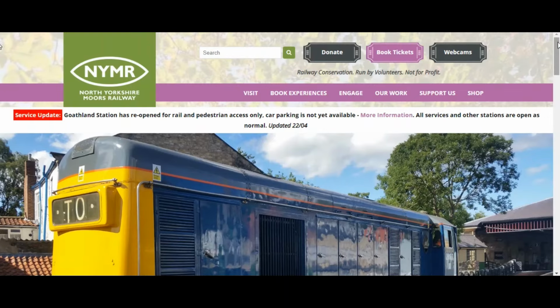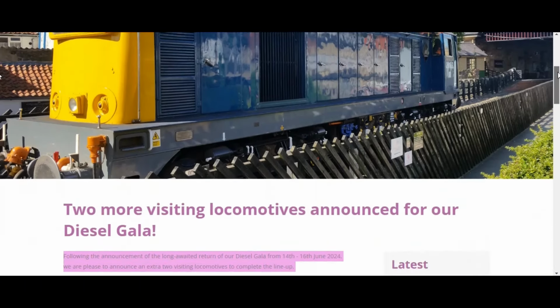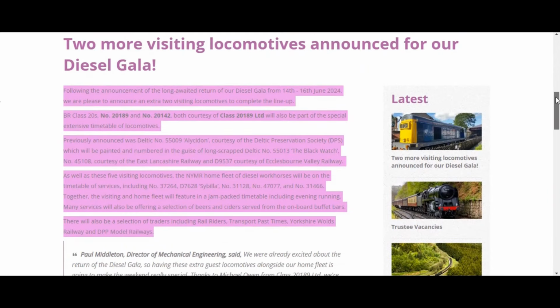Now, do you fancy going to see a Diesel Gala from the 14th to the 16th of June this year? It will see 2 extra Class 20s visiting the North Yorkshire Moors Railway. British Rail Class 20s, numbers 189 and 142, both courtesy of the Class 189 Limited, will be part of the special extensive timetable of locomotives at the North York Moors Railway,